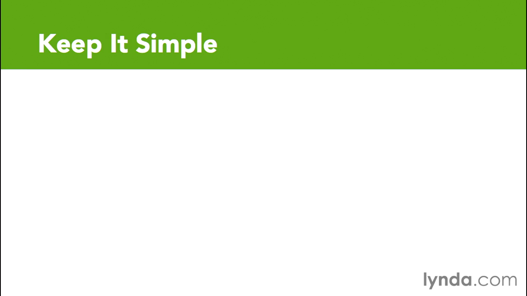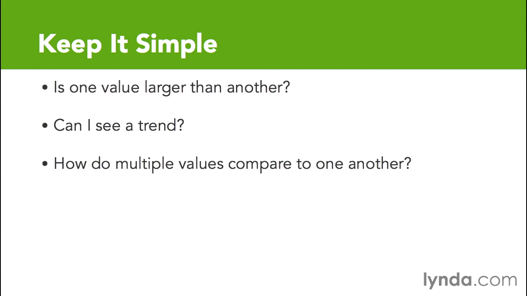The purpose of creating charts is to aid in the analysis of large amounts of data. Is one value larger than another? Can I see a trend? How do values compare to one another? And we want to make it as easy as possible for users to be able to compare and remember the data. One of the things that always sticks with me is, short-term memory typically keeps about 7 pieces of information. So we need to limit the number of variables we put in a chart, and we need to try to prevent our overall design from providing too much information that could overwhelm viewers and obscure the message.